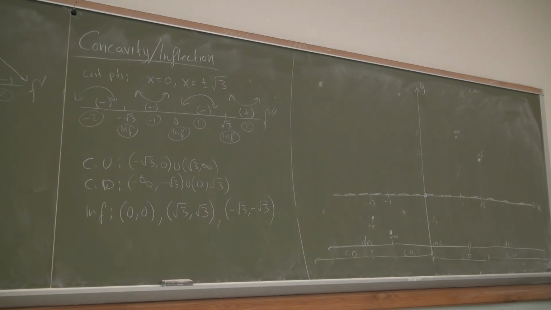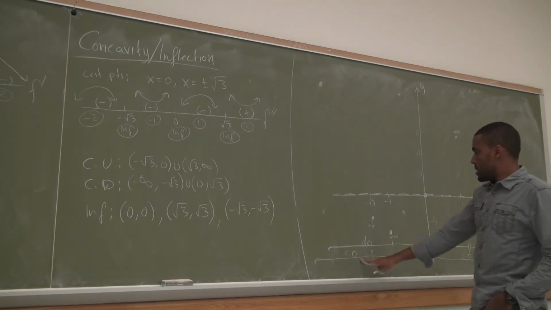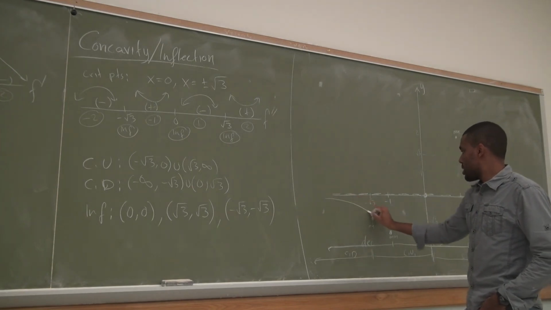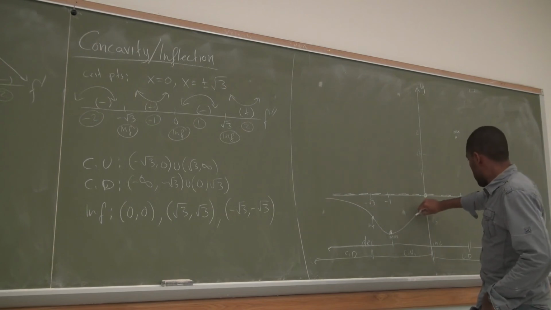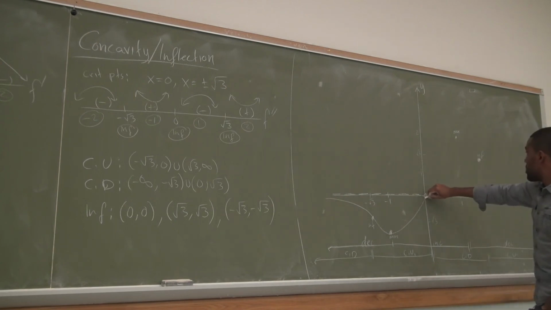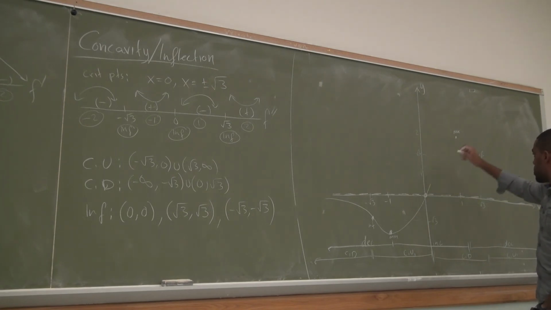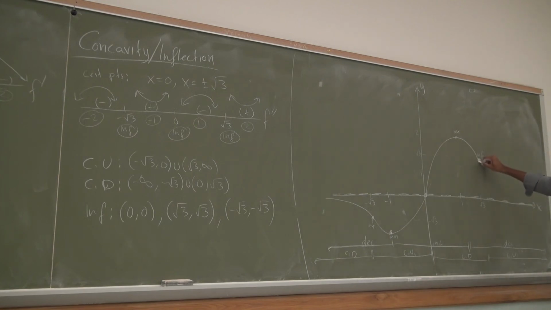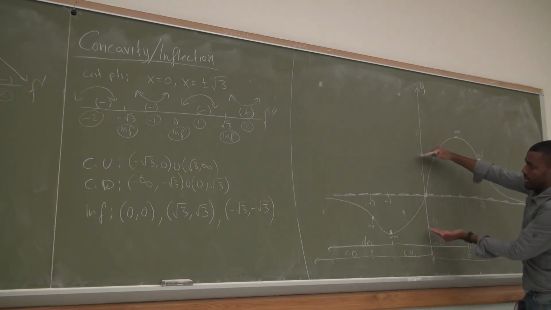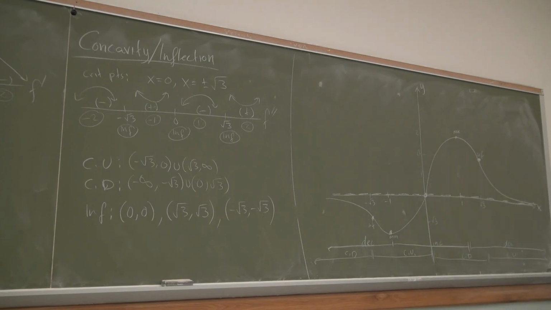So let's begin. Concave down, decreasing, I would have to look like this. Switch to concave up. Increasing, concave up. Keep increasing, concave up. Alright, the 0 is actually an inflection, so I switch here to concave down. Switch here to concave up. This is supposed to be symmetric, by the way. Good. Looks like